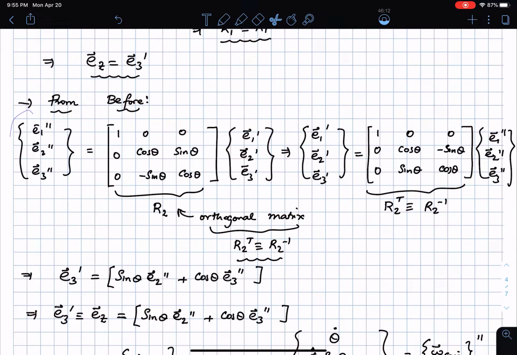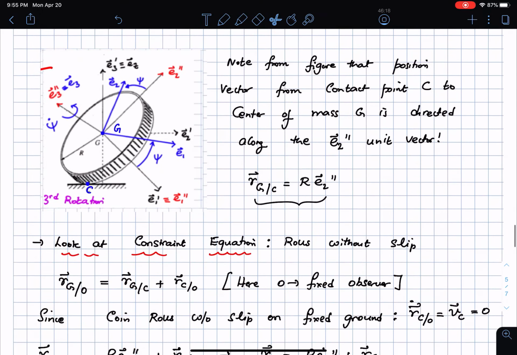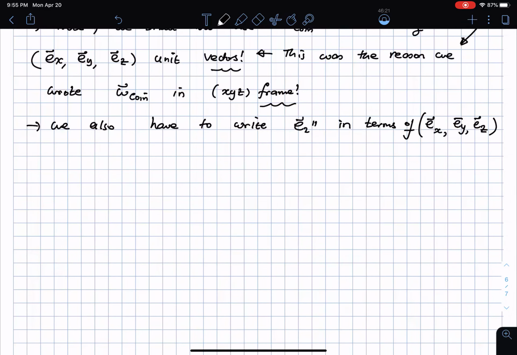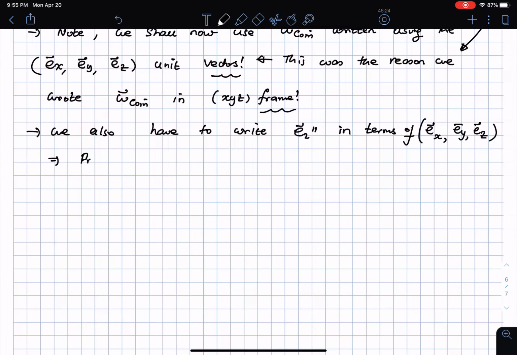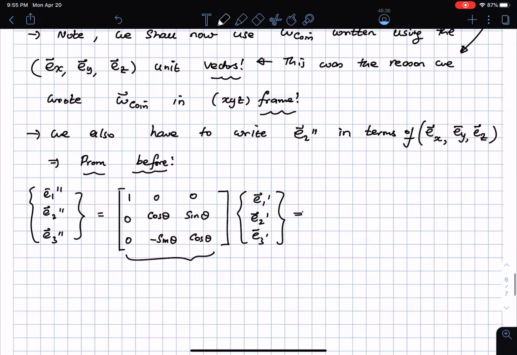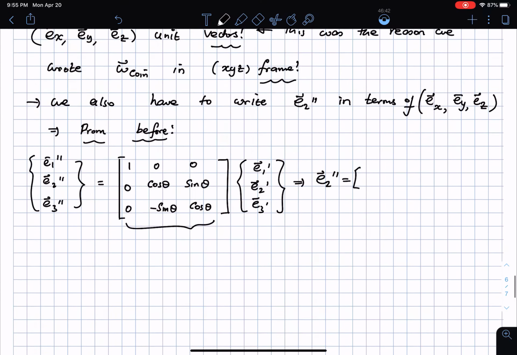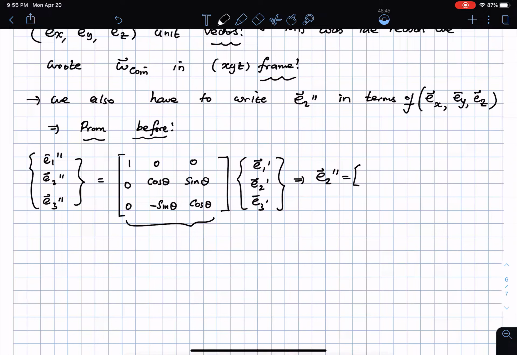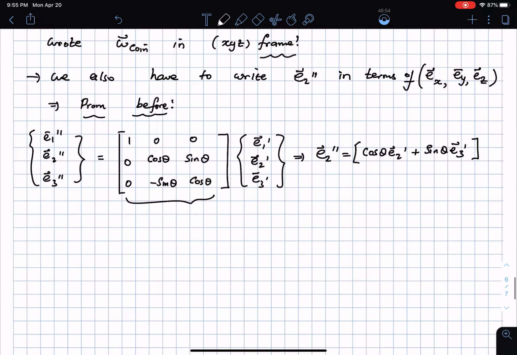So I'm going to take this guy here, with your permission once again, and I'm going to copy that. So this is from before, which means from before I have this guy, which implies that E2 double prime, you can write it in terms of E1 prime, E2 prime, and E3 prime as cos theta E2 prime plus sin theta E3 prime, and from before